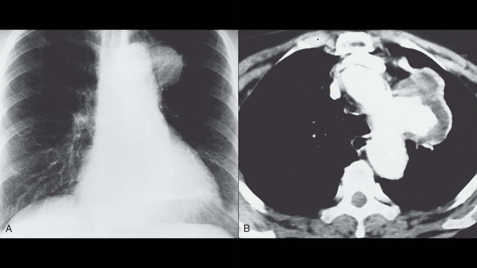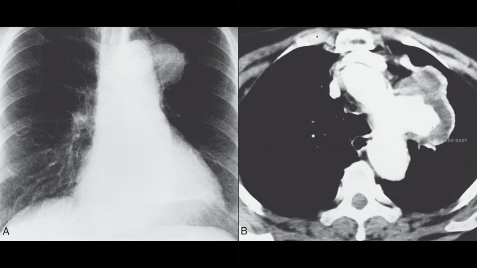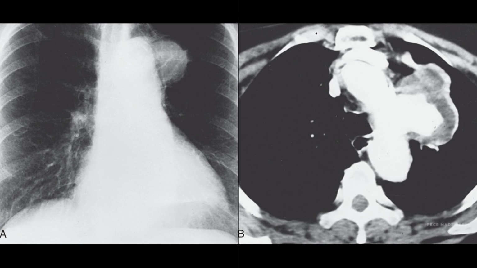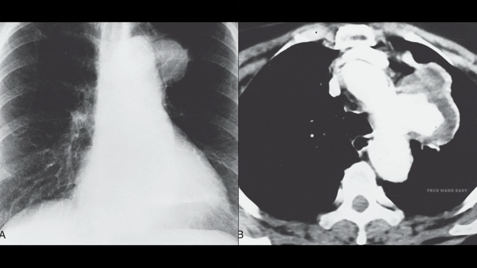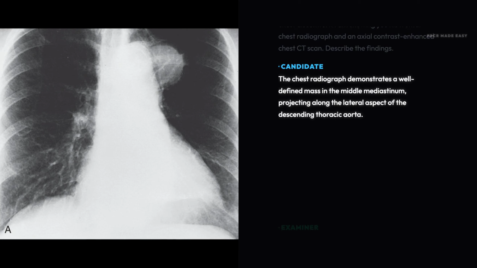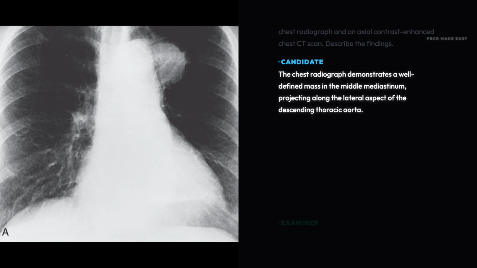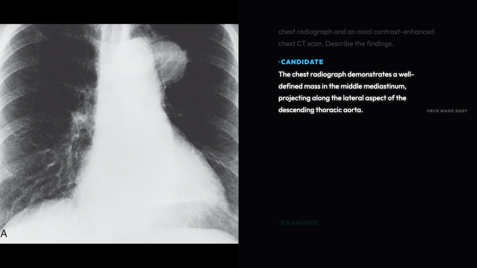A 67-year-old male presents with mild, atypical chest discomfort. I am showing you his frontal chest radiograph and an axial contrast enhanced chest computed tomography scan. Describe the findings. The chest radiograph demonstrates a well-defined mass in the middle mediastinum, projecting along the lateral aspect of